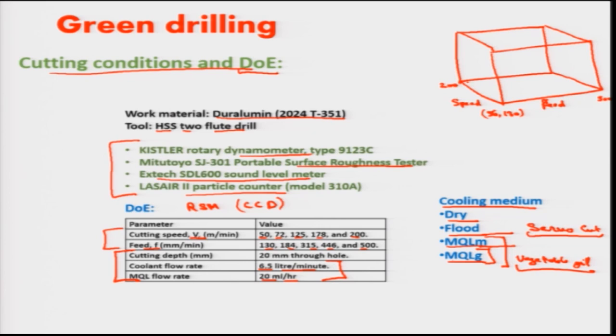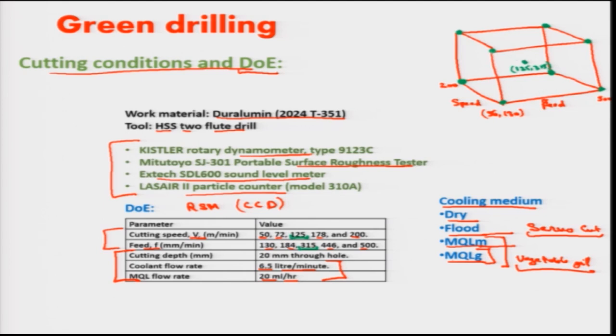We conduct experiments at the 8 corners of this cube. These are the 8 experiments conducted, and at the center, the central point here is 125 and 315. This point. So this gives us the picture of what happens when we conduct experiments at the corners and how our response moves from the center.